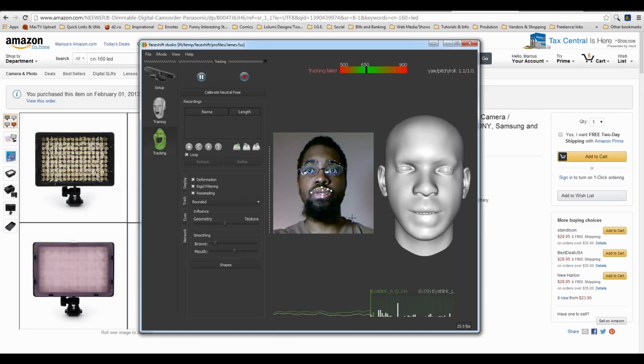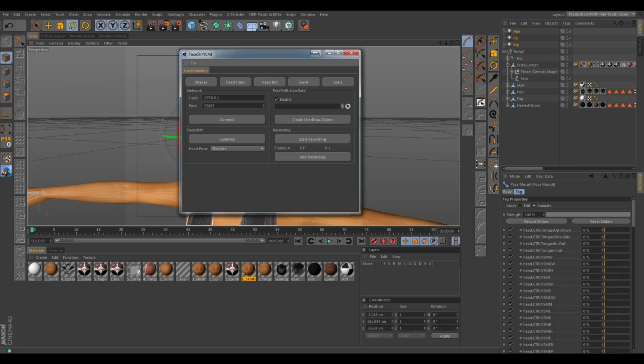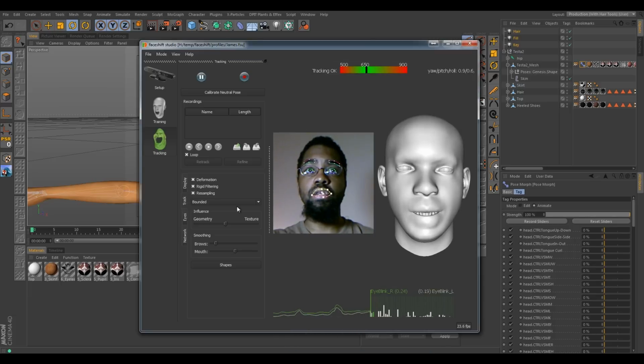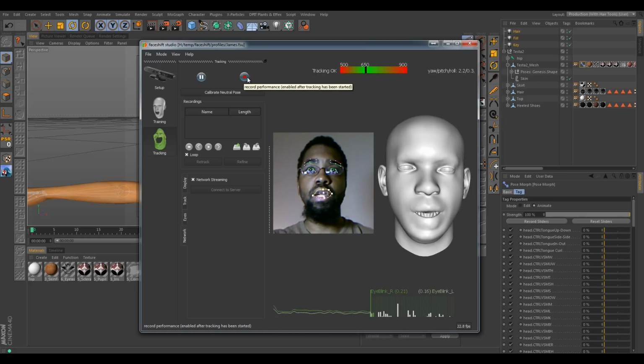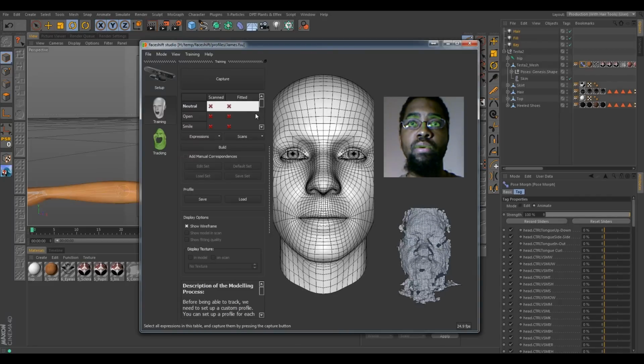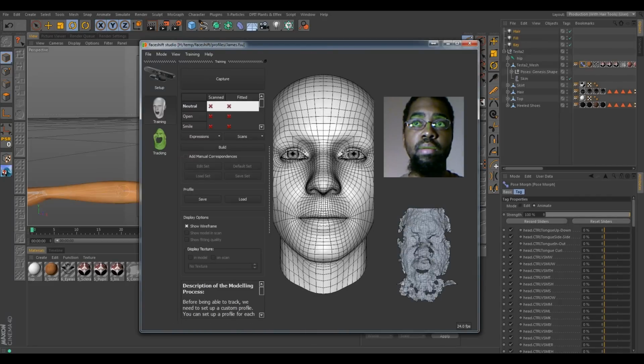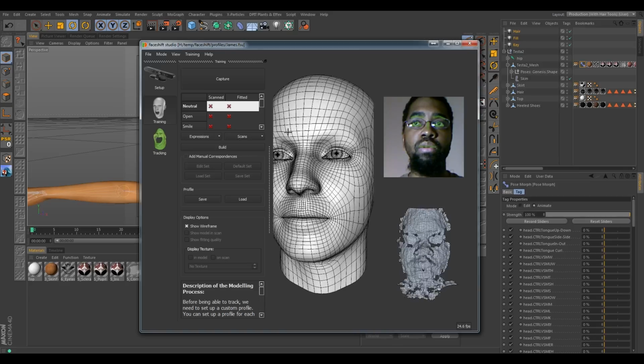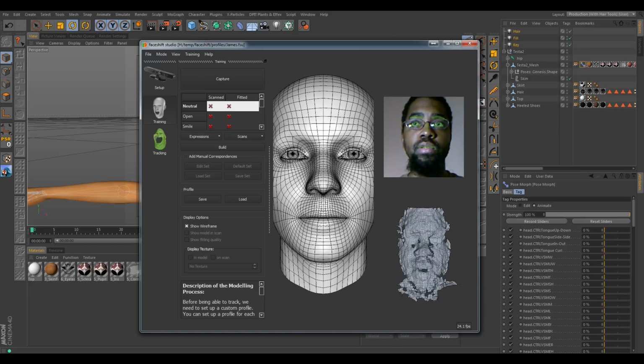So we're going to switch back to Phaseshift here. We'll put Cinema 4D in the background there. And alright, if we go to our network here, we can turn on network streaming, and we could actually see our data stream directly into Cinema 4D if we wanted to, and do everything in real time. We can also hit the record button here and just record the performance and save it out. I've gone over Phaseshift a little bit before, so it's probably in one of my older tutorials. I think the Softimage tutorial is the one that goes over this information.